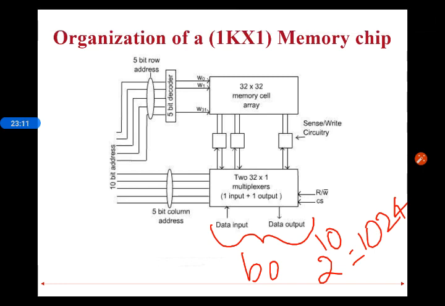Now, because this memory chip is 32 by 32, that means 32 rows and 32 columns are there. If you want to address 32 rows, how many bits do we need? We need 5 bits. We need a 10 bit address because it is a 1k memory, to address all those cells, but we divide this 10 bit address into 2: 5 bits for selecting the row and the next 5 bits for selecting the column. We need only 1 output bit at a time.